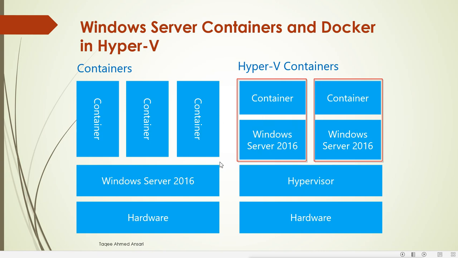So what is the difference here? Containers can be installed directly on Windows Server 2016, and then they can access the hardware through Windows Server 2016. When you install the container directly on the server, they will share the same hardware. Now they are isolated through the operating system. That means the container itself is an operating system. So this container is a different operating system, this container is a different operating system, and this container is a different operating system. On the level of operating system they are separated,